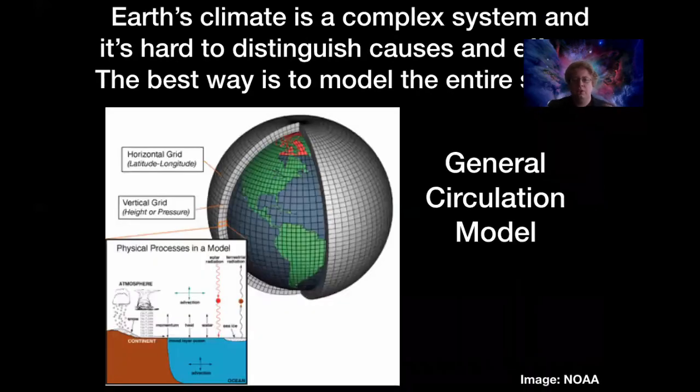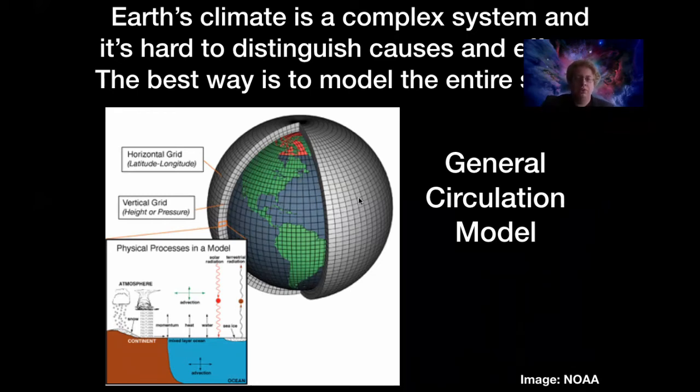Now, the question is, does this change in carbon dioxide that we're seeing match up, and is it the cause of the change in temperature of our oceans that we see? And this is a tricky question to answer. The best way that we have to do this is to use what's called a general circulation model. This is a really sophisticated model to understand what our climate is doing and how our climate responds to different